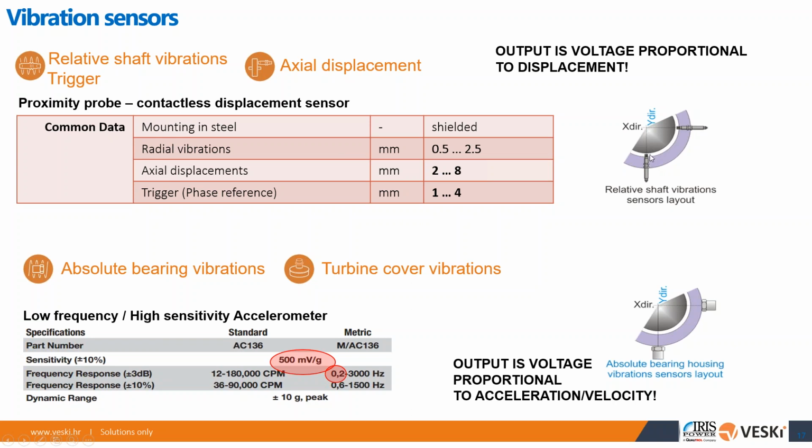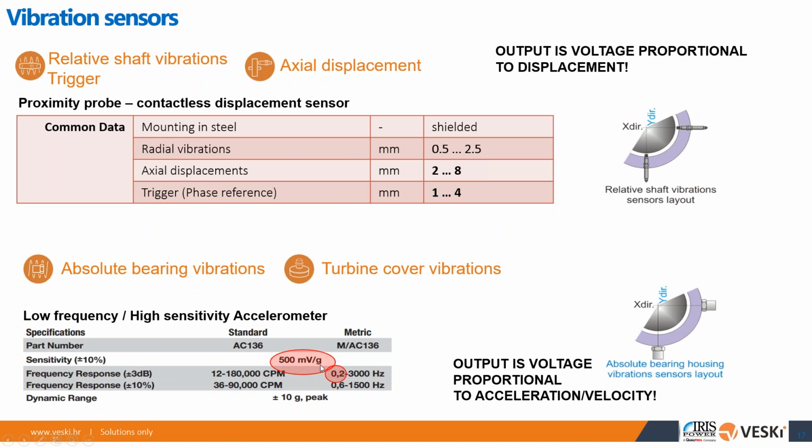to the sensor. Basically, you're monitoring the oil film here. You're basically just seeing one part moving, the other part not moving. You're measuring with this sensor how much this part moves relative to this one. Yeah? And then for accelerometers that we put on the bearings or turbine cover, basically anywhere on the machine, what